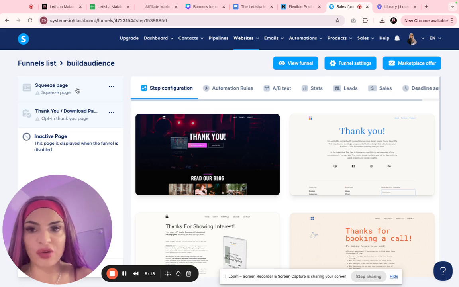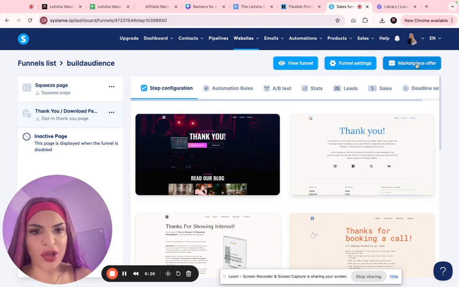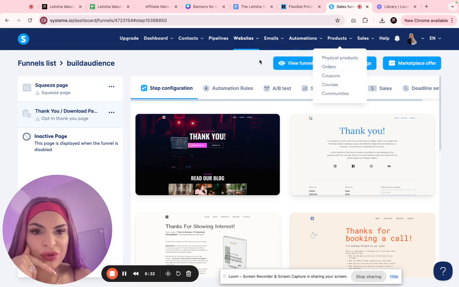Simple. What you need to grow an audience: landing page, squeeze page, thank you page. They make it easy for you. And then once done, you go to your funnel settings. I don't know what that is, marketplace offer. You'll have to go have a look, and just get familiar with all of these. Now let's go to